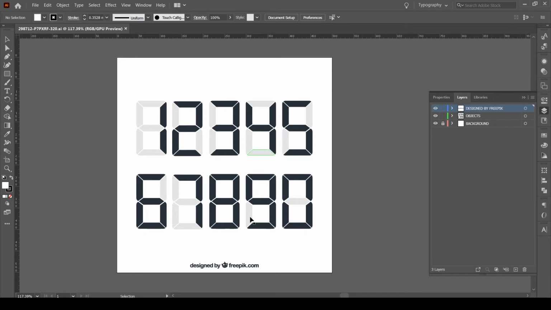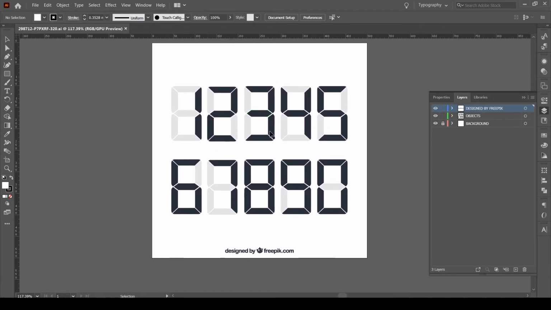See, once I have opened this Illustrator file, you will get all these digits over here. I need to organize all this text on top of each other, one on top of the other. So I'm going to do that first. Before aligning this, I'm checking whether all these things are inside a group or not. So everything is inside a group.